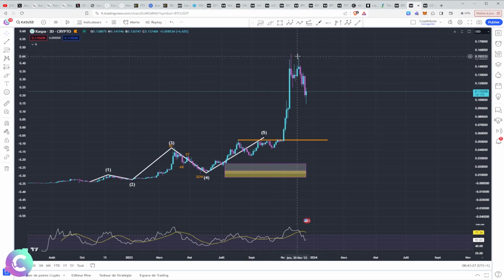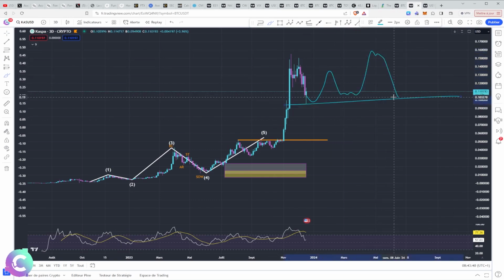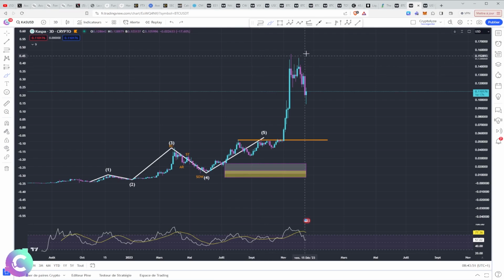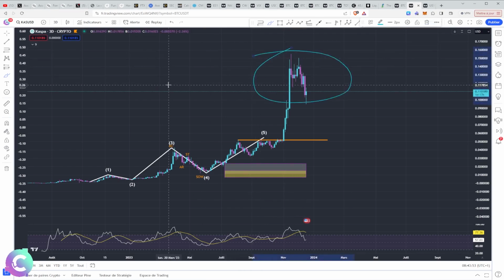We have a start of distribution with a BC, Arkansas, ST, SOW. We could have a UT, UTAD. We could just have an equal sign retest here. So something that could look like this part there. Go back up, retest, do that again, go back up, retest, do that again before either doing a reaccumulation and starting up again, or breaking bearish, going to retest a little bit lower, doing the accumulation and starting again. The distribution and reaccumulation phase can be more or less heavy, depending on the volume that is shed by those who have made multiples and reinforcement volumes.